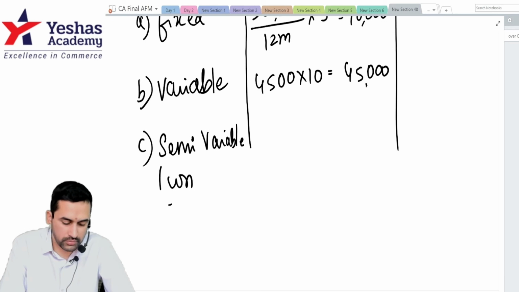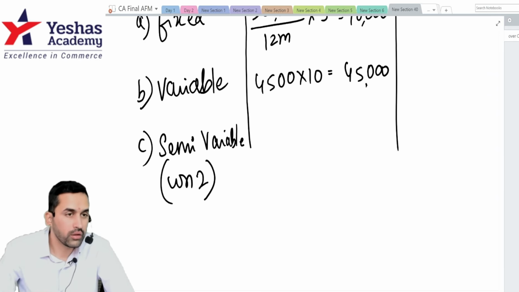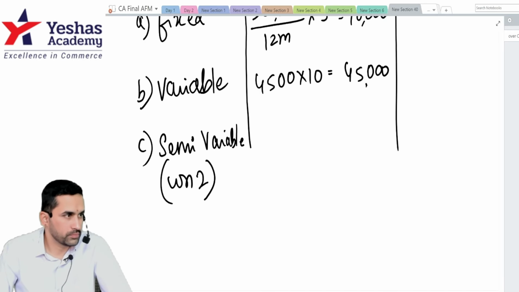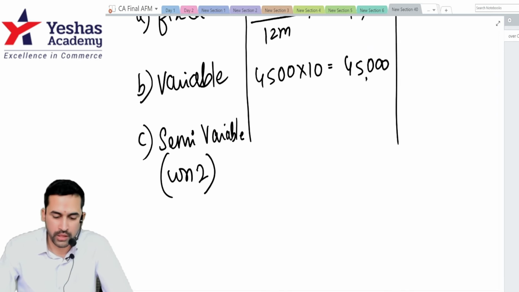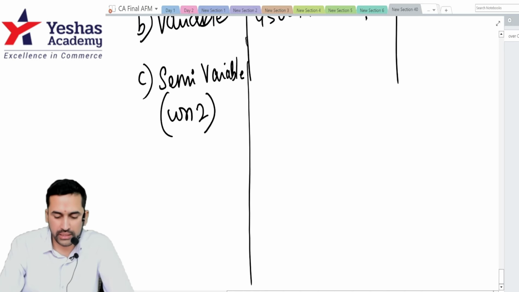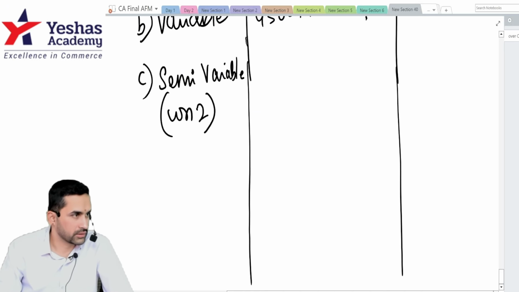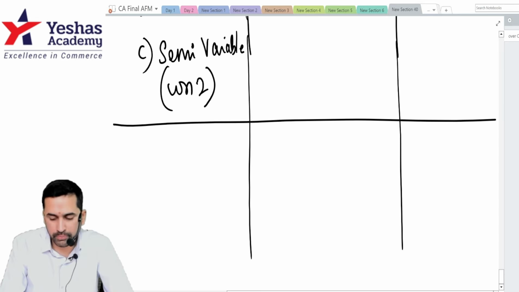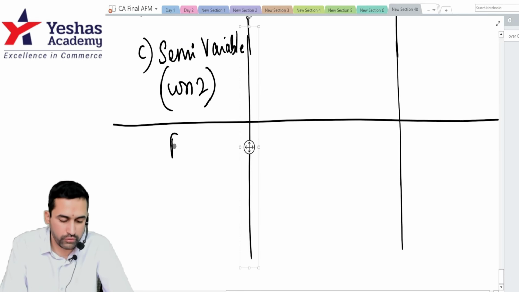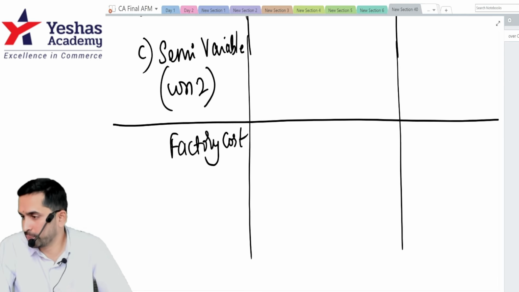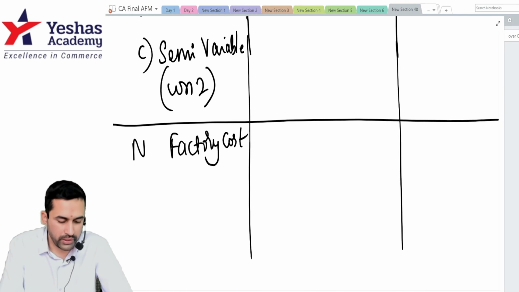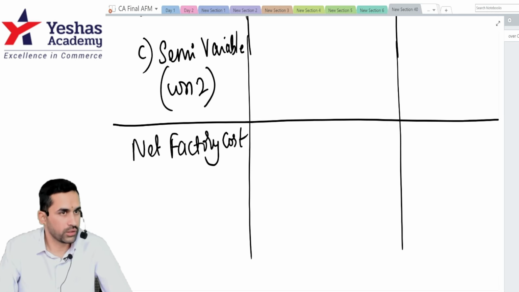My suggestion, do this as a separate working note. Working note 2. Now the catch is we don't know how many lines are required for the main answer. No problem. Keep it pending. This should be what now? Factory cost. Correct? There is no WIP opening or closing. So this itself will be net factory cost. We can do workings at the end and come back, fill it here.